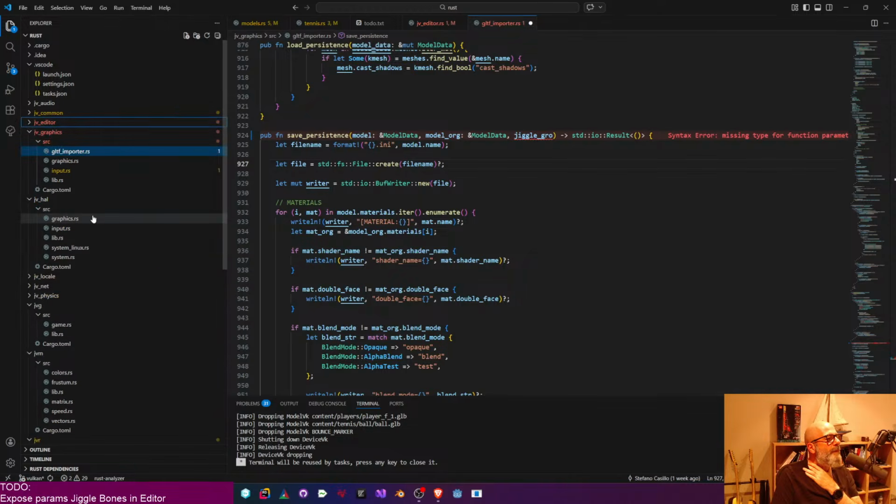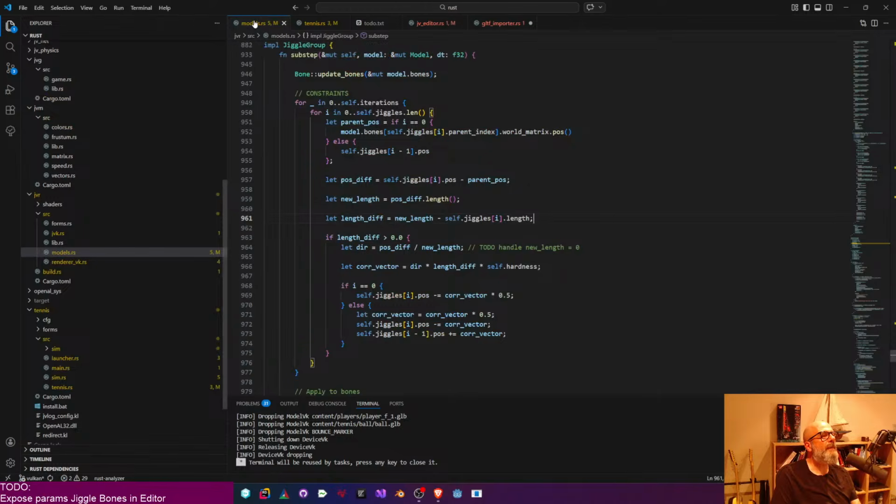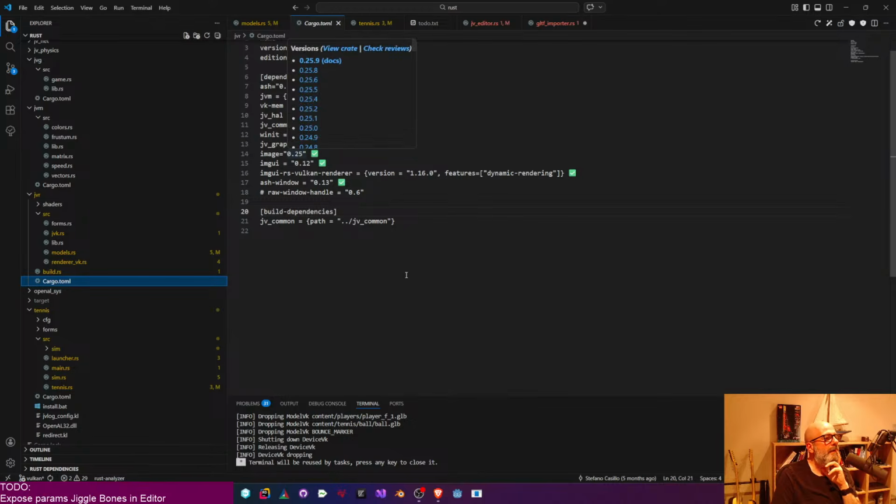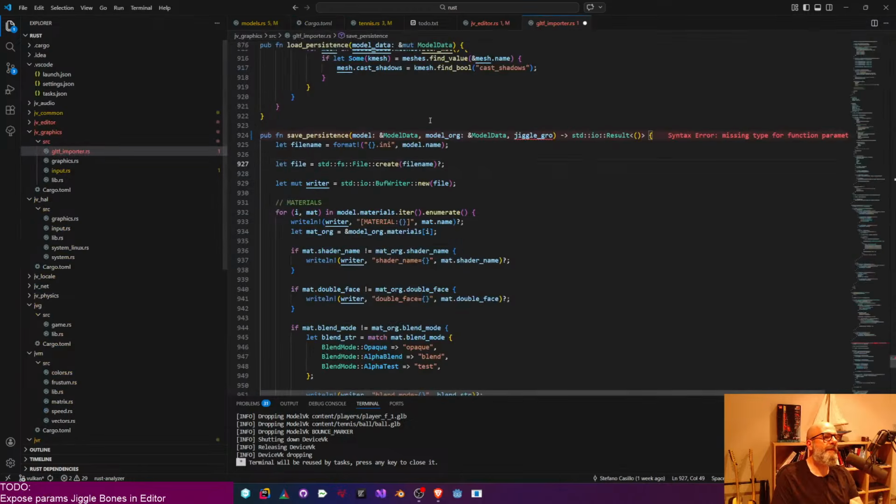I think we have a problem here, because my jiggle group lives in the render. And the render is below the graphics where I have this save persistence. So what I could do,